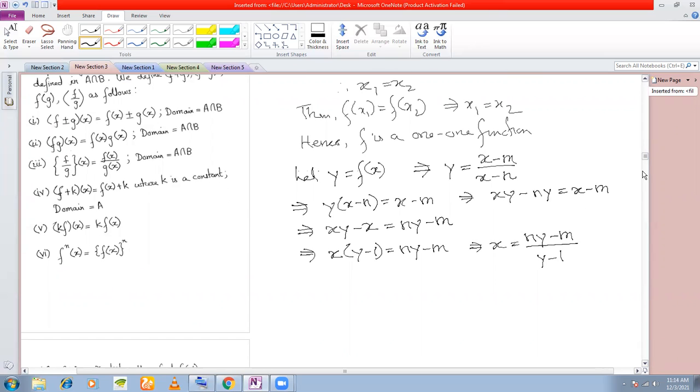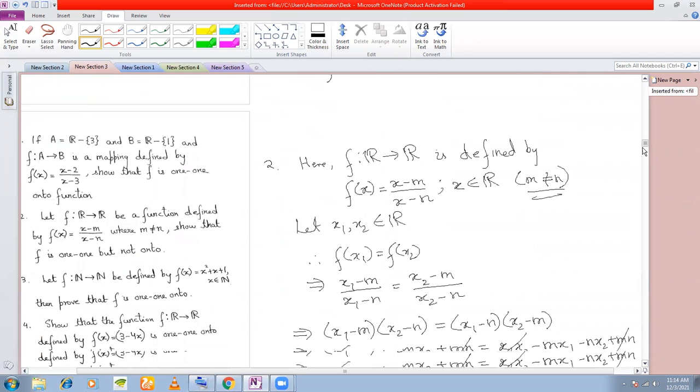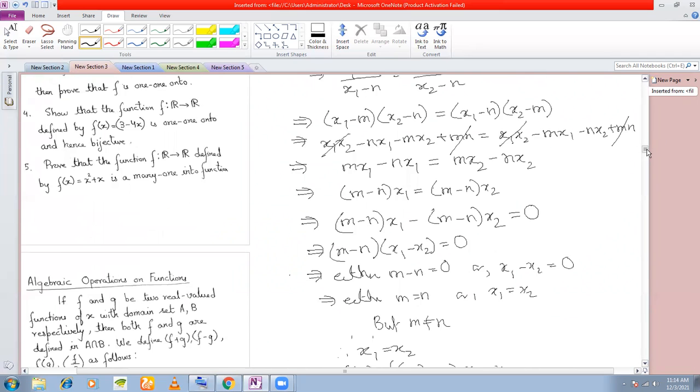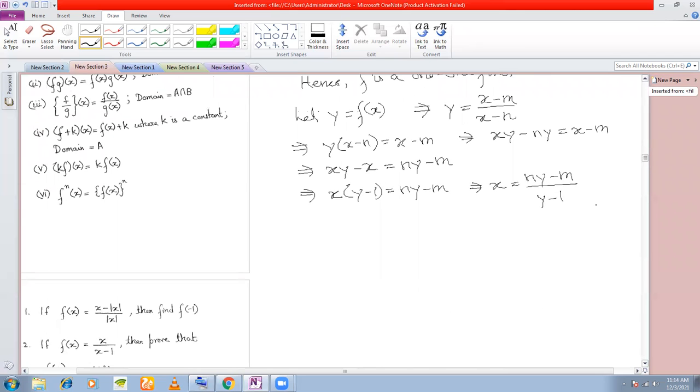So what is the set B here? It is a set of real numbers, right? And the set A is also a set of real numbers. So for y minus 1 is equal to 0, that is y is equal to 1, belonging to R. Does it have a pre-image? Will you get a value of x when y is equal to 1? You will not get any value, right? You will get infinite value, right? So for y is equal to 1 belonging to R, there exists no pre-image.